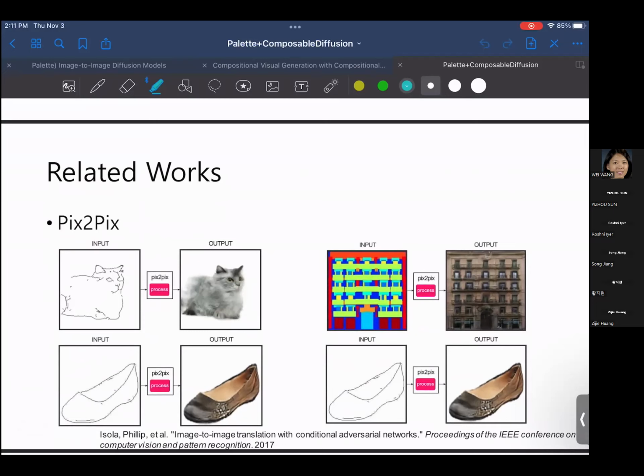It was first introduced by the paper Image-to-Image Translation with Conditional Adversarial Networks, pix2pix. When given an input of some kind of drawing, just a line, pix2pix is going to give an output of a cat that is colored, or other image translation tasks, such as on the right side, where it generates a full image that changes the whole color and structure. And inspired by this project,